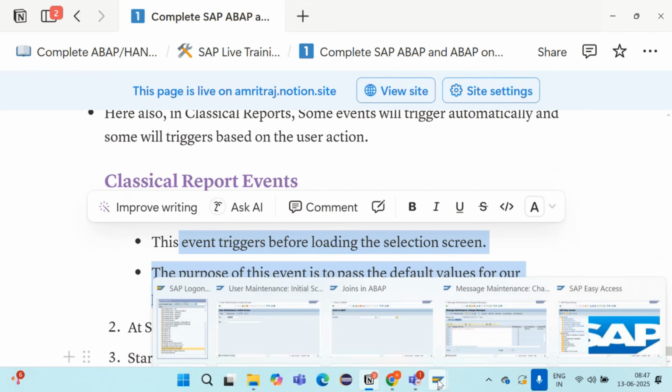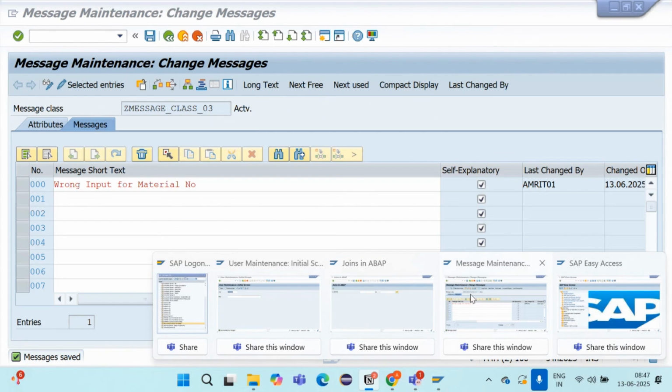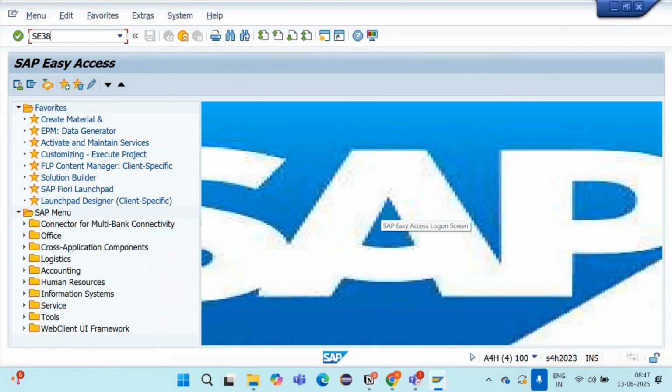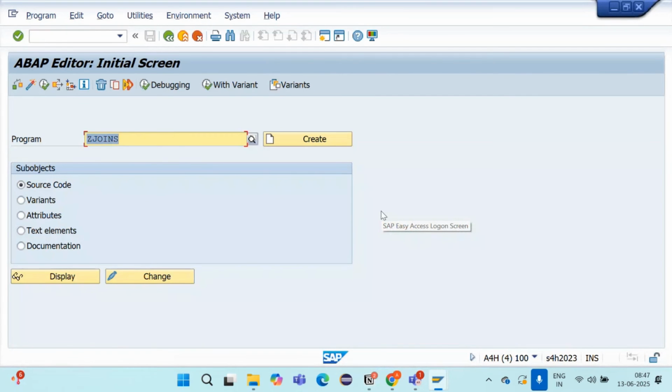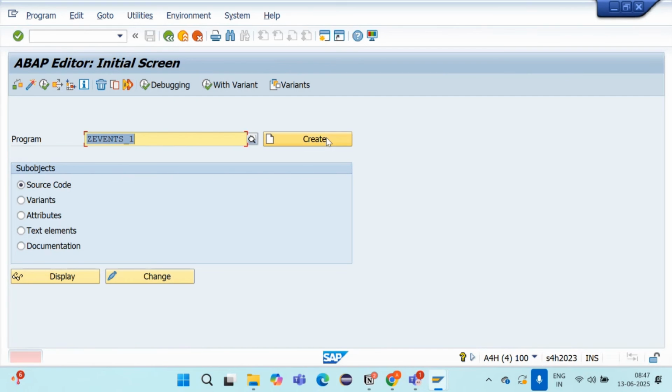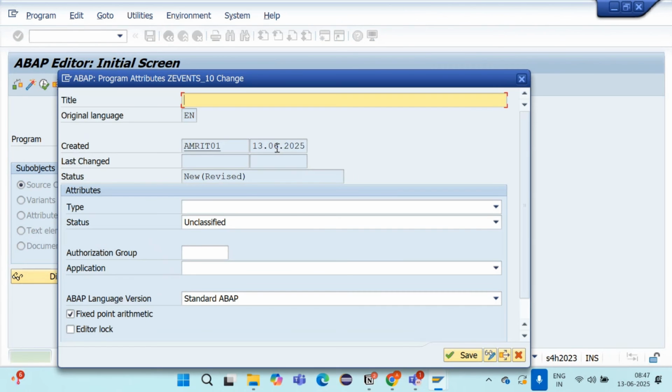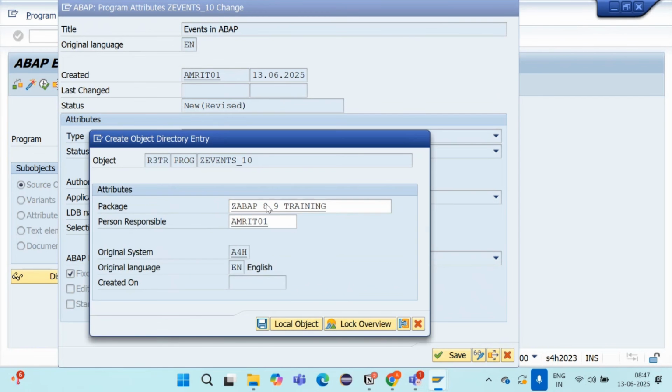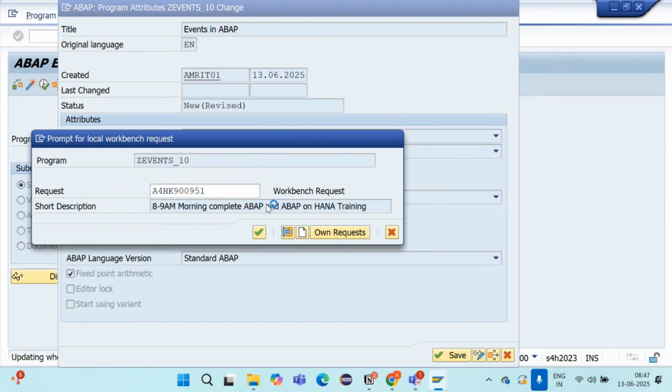Let's implement this. I will go to SE38. I will create one program here, Z events in ABAP. Executable, package, and transport request.